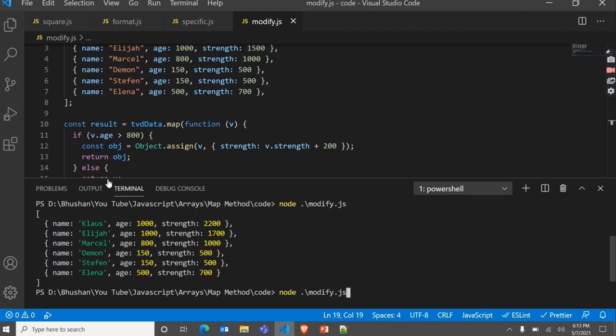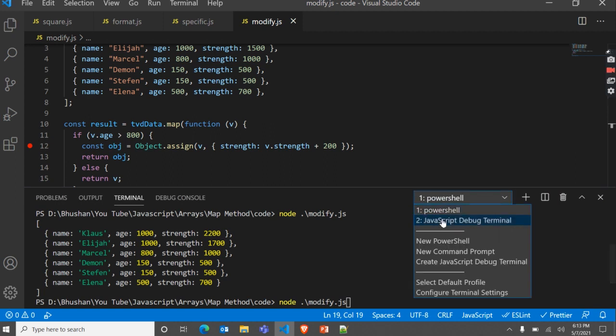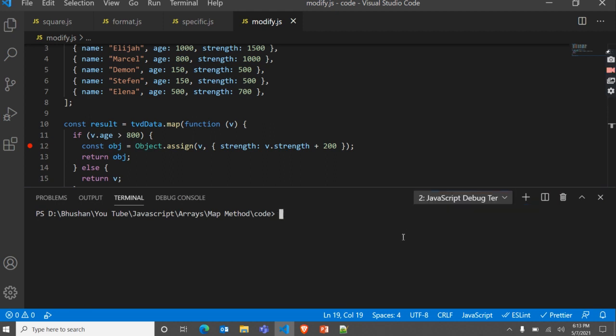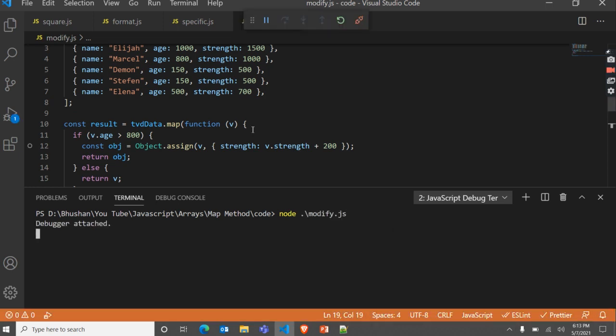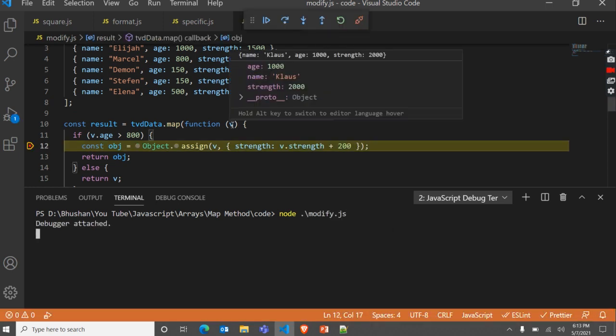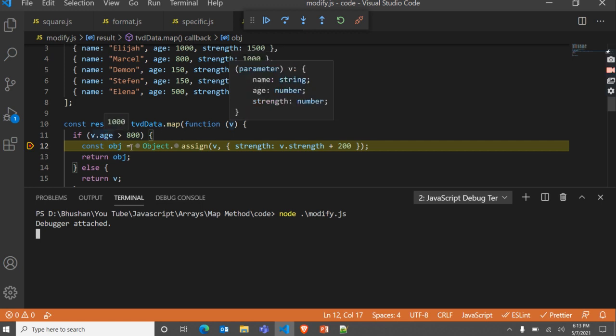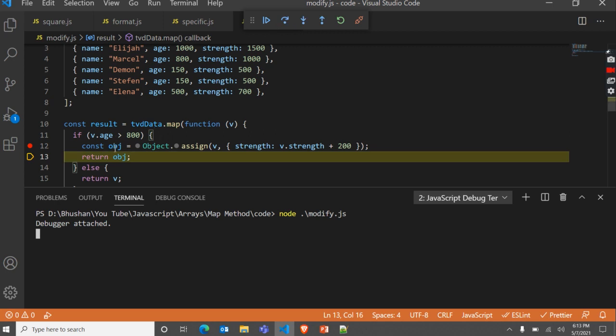Let me debug this so that you will get a clear understanding of how it works. Let me run this with node, the file name is modify.js. What is the value of v? The first object has age 1000, name clause, and strength 2000. The age is greater than 800, so we are in the if block, and we should get a new object here.